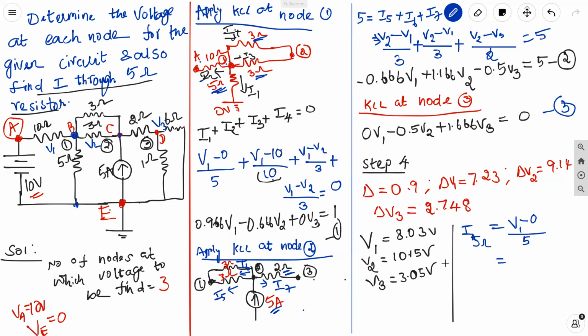V1 we already found, 8.03, so 8.03 divided by 5. This is the answer. So 8.03 divided by 5 is 1.606 ampere. So the current through 5 ohm